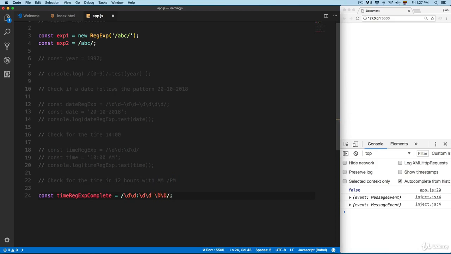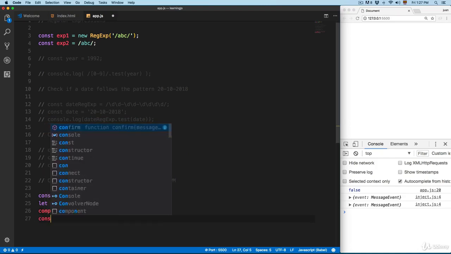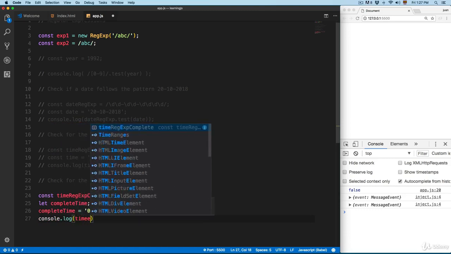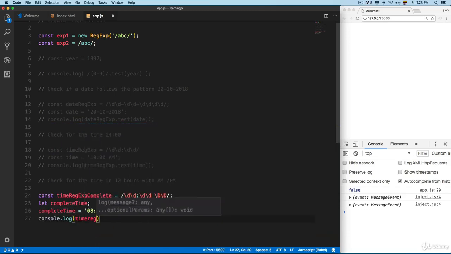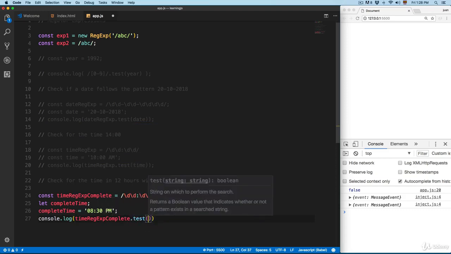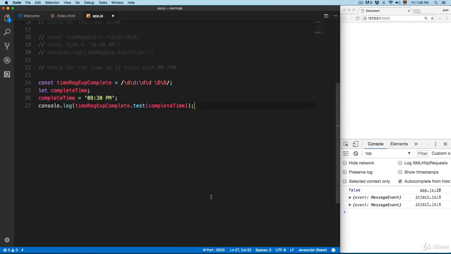D, capital D. So let's create, we're gonna call this one let. We're gonna call this one complete time, and I'm gonna assign the value right here. So let's add, for example, 8 o'clock, well, 8 and 30 minutes PM, and then we're gonna console log the time regular expression complete. And we're gonna use dot test, and we're gonna pass this complete time. So I'm gonna scroll this so you can see this on the center. Save this, and you can see we have true, because this is following the pattern. If you add something like